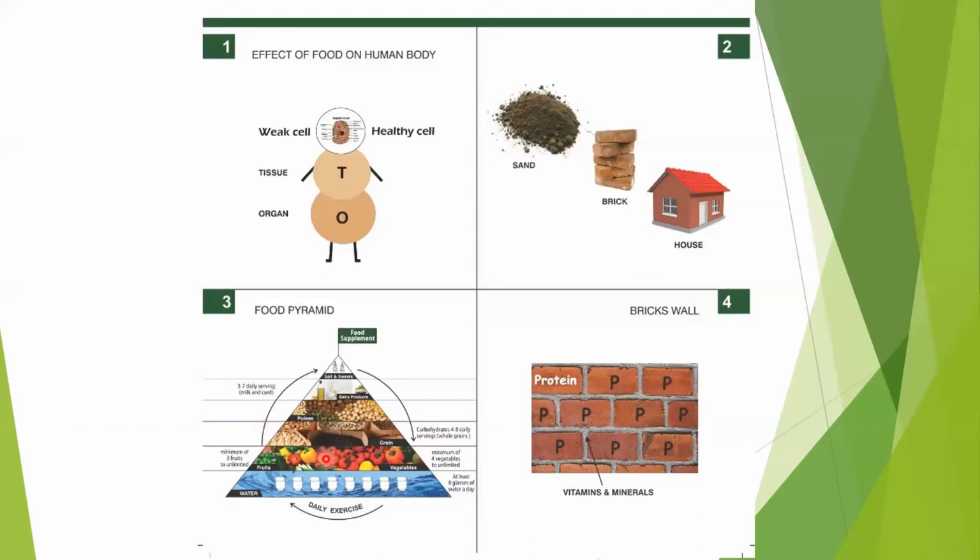Because we get colors from the fruits, we get the vitamins, minerals, our body needs more than 60 important nutrients, and we will see that in detail. And then comes your grains, or what we call carbohydrates, one of the sources of energy. Then comes your proteins, which are the building blocks of our body. Our cells, muscles, tissues, everything is made of protein.